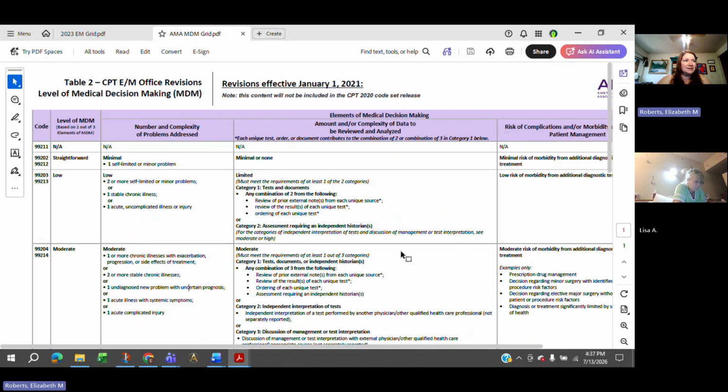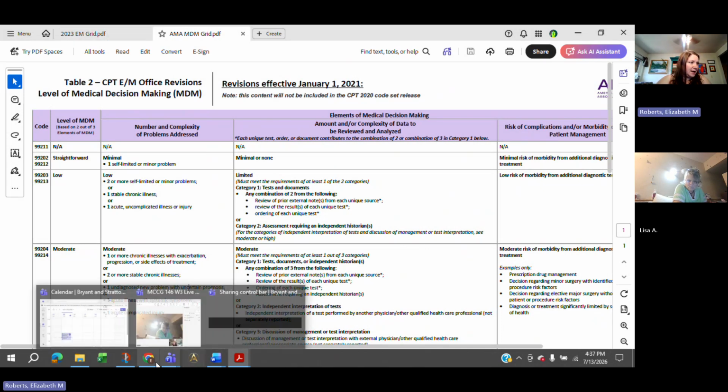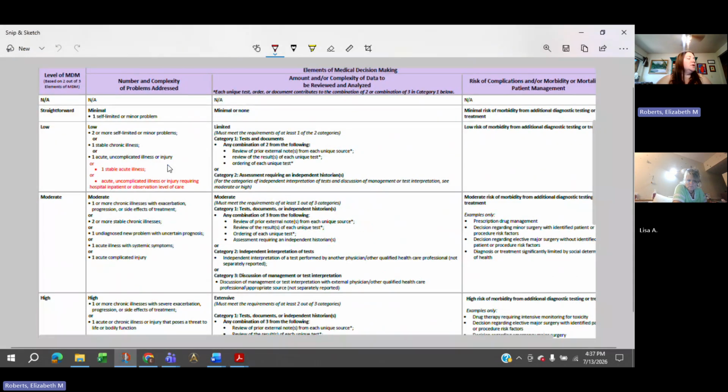It's not quite that simple because you can have any number of levels of different things, and sometimes you have to figure out how to add it up. So let's, where am I at here? Where's my snip? Okay, so I'm going to go back to my snip. And I just took a snip because I can draw on this.